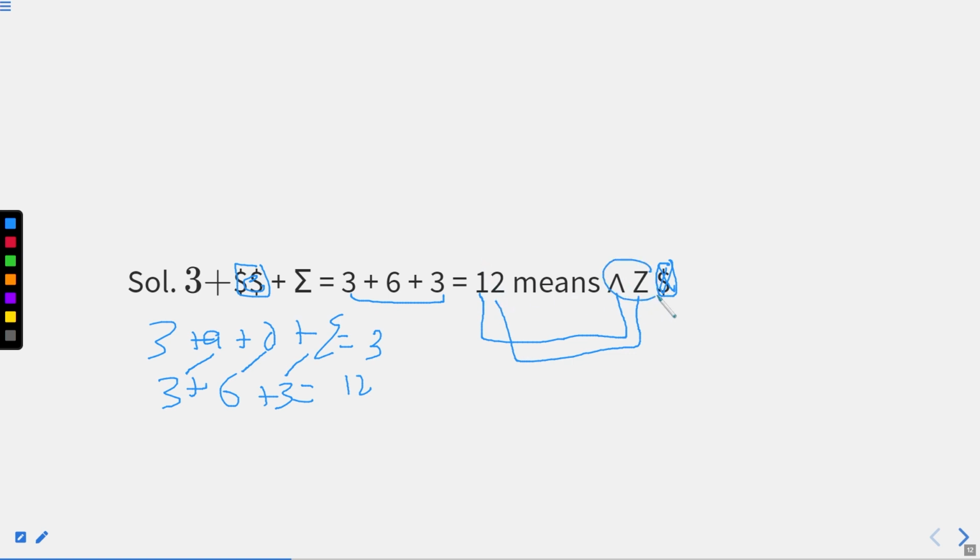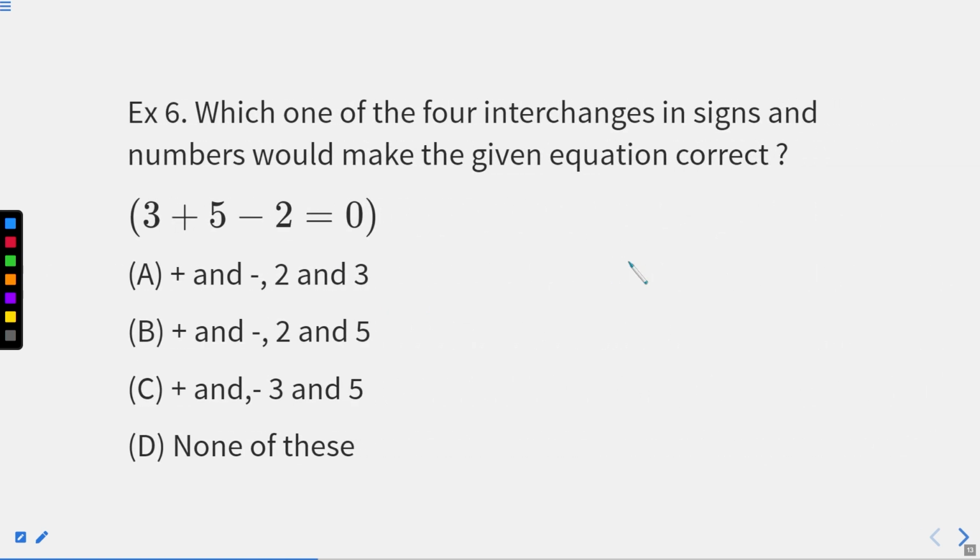So this is going to be our answer, right? Now we are moving to the next question because those instructions are valid till question number 5 only, right? Now for question number 6, we didn't have any instruction. We have a direct statement of equation. Now for that, we will read the question carefully.